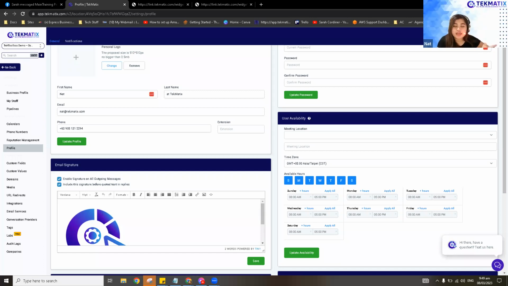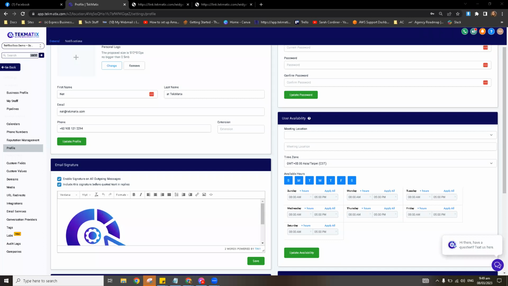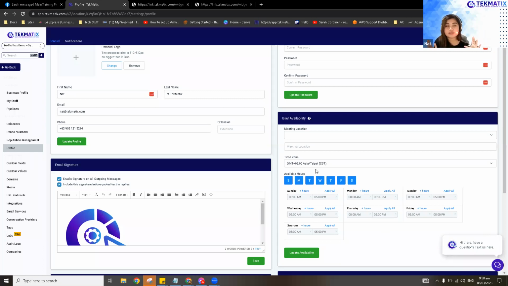Yeah, so we have another feature for that one. I'll show you how to do that in a bit. It's actually a new update we got, so we can create a custom date for the calendars now. So I'll show you how to do that in a bit. For example, this is how you set up your available hours.